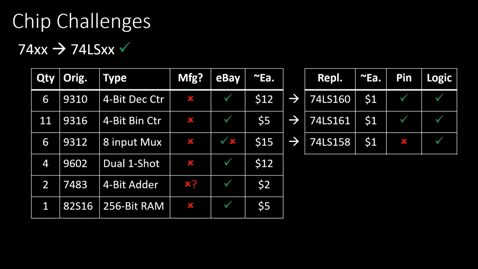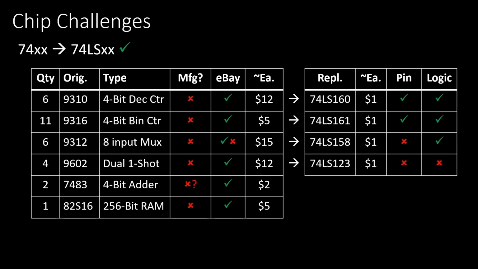For the 9312s, we can use 74158s, but while functionally equivalent, they're not pin-compatible. This means our PCB won't be the exact pinout of the original, but the logic will remain the same. Now we can put two footprints next to each other on the board, but if we can't get the parts, I don't see any benefit considering the added complexity. Now let me know your thoughts about this. My feeling is we just use the 158s.